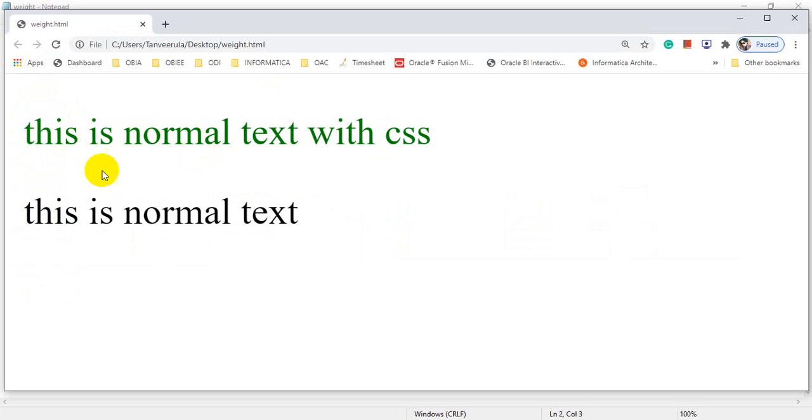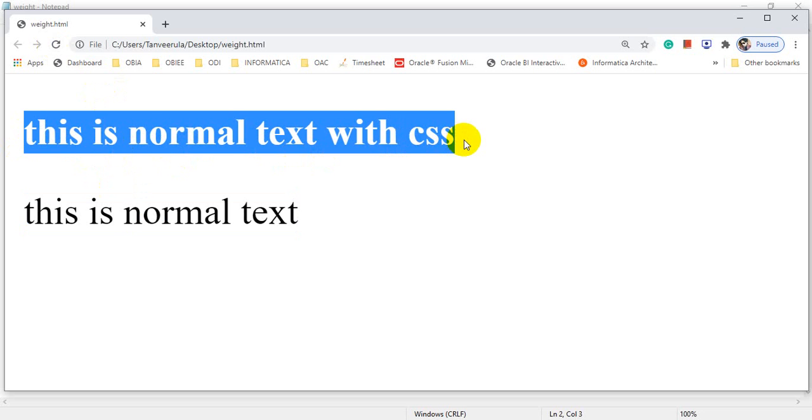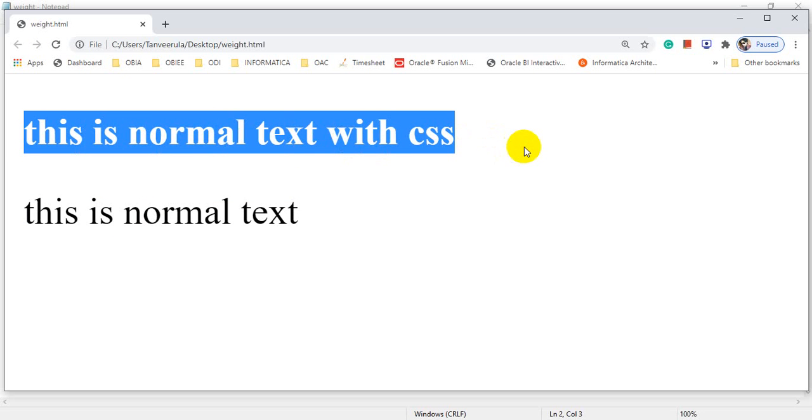Currently the size of this paragraph and this paragraph is the same. I will just refresh the page. Now see, this paragraph has been changed to the highest font weight. It's 900, the boldest you can see. So 100 is the lightest, 400 is normal, and 900 is the boldest.